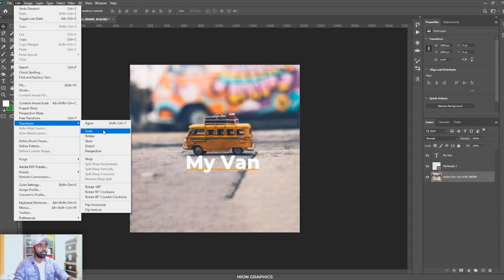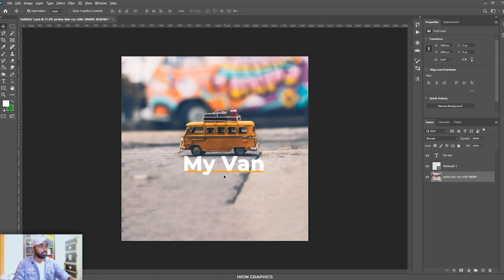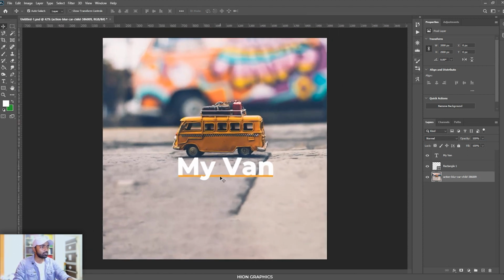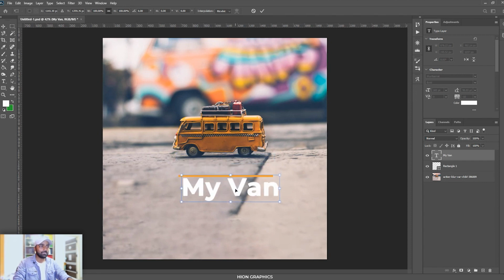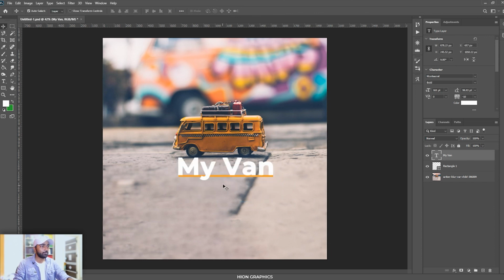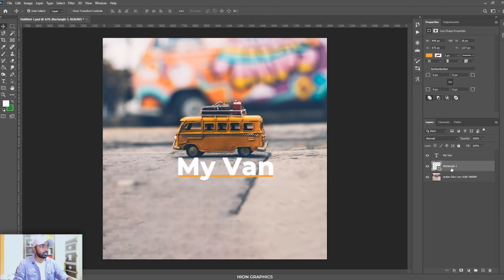Now you can do a different type of transformation, but we will be covering that in a future video. Right now I will just show a normal transformation. You can see that this is one of the shapes that we created. If I press Ctrl+T, it selects this part, but I want to select something that this shape has. This is a shape, this is the rectangle. I will click on this and press Ctrl+T. You can see it has selected.